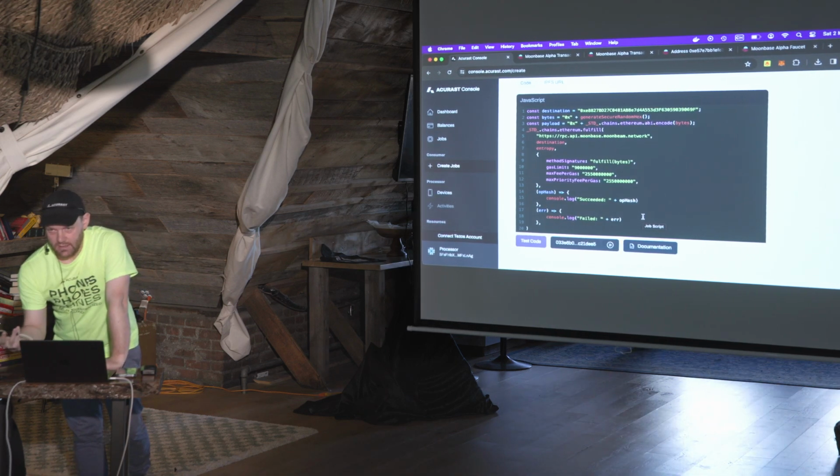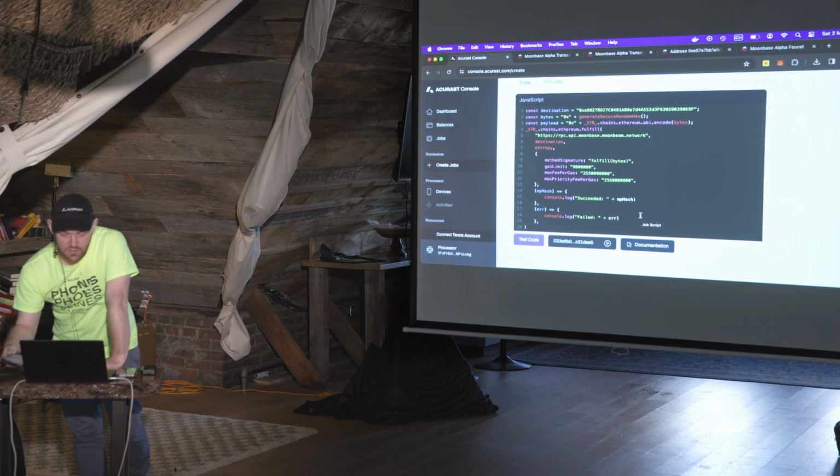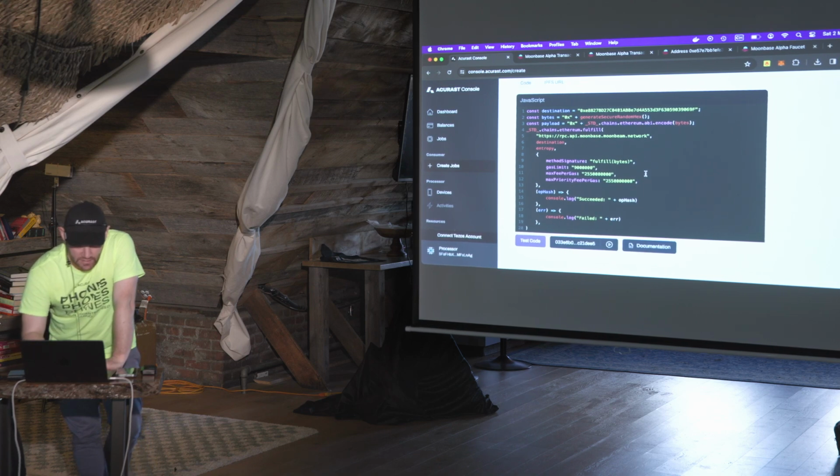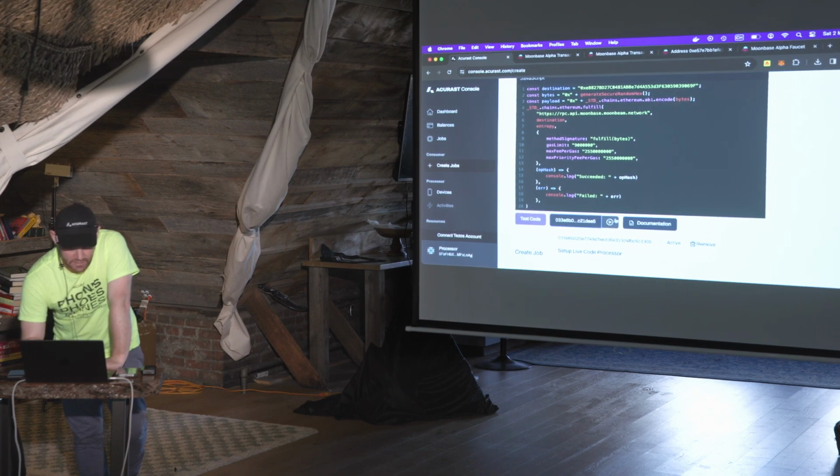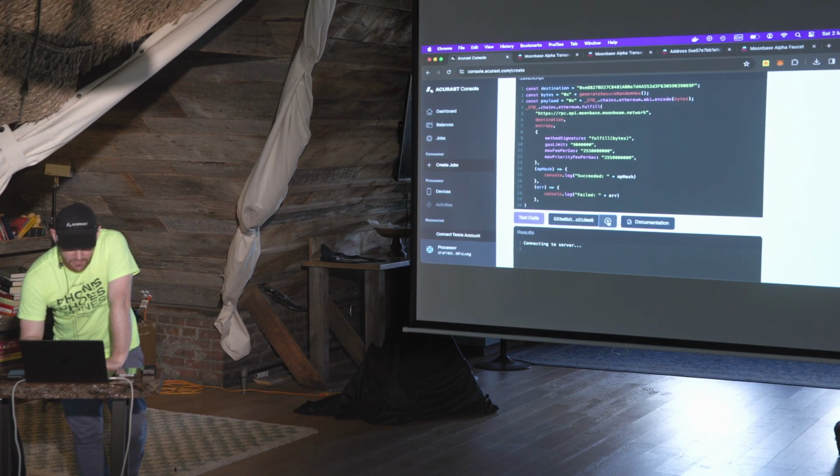So in this case, I have a processor set up here that is connected to this front end, so I can run the code right now. I have this already set up, and I can run it.